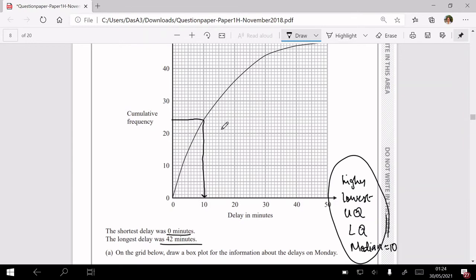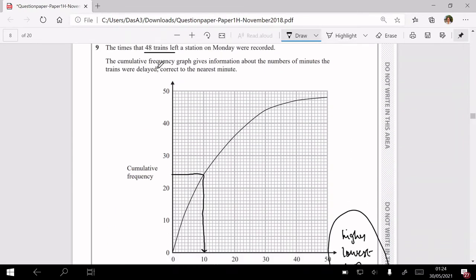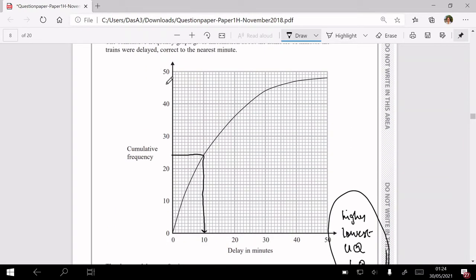So lower quartile, multiply the total frequency by 1 over 4. So median, you do half times 48. Lower quartile, you do 1 over 4 times 48. Upper quartile, you do 3 over 4 times 48. First one gives you 24. Second one gives you 12,